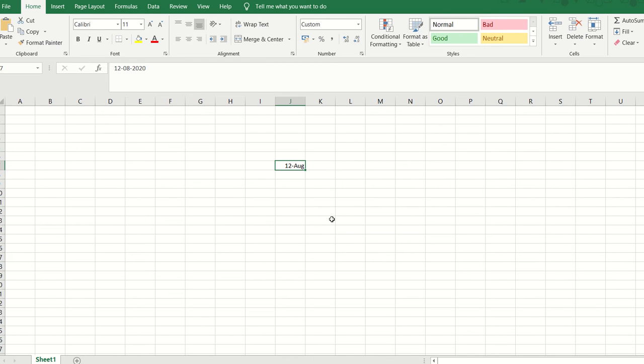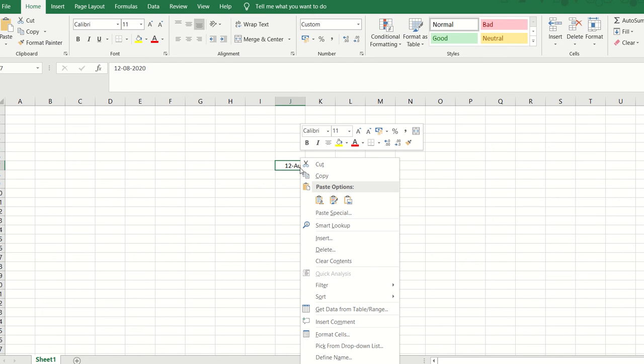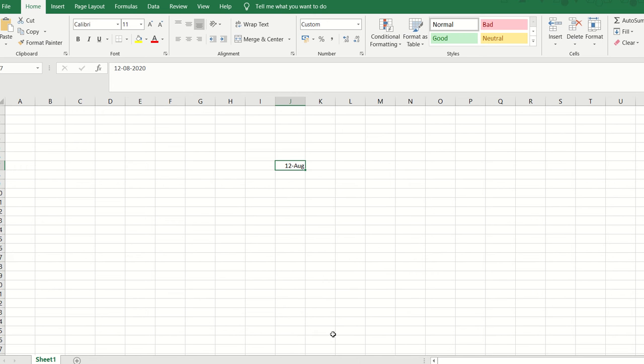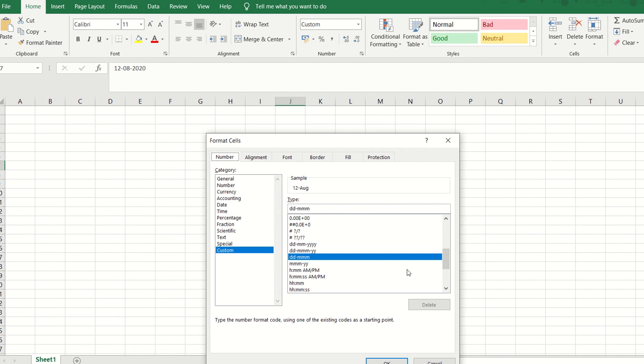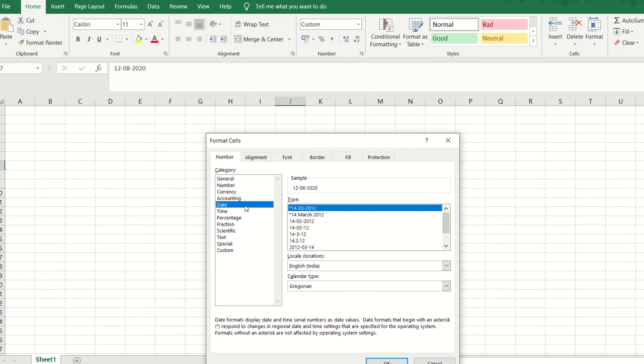Now there are multiple ways, people, available in Excel, but let me take you through how you can format this date if you want to. When the date is written in an Excel sheet, you need to right click on it, and then go to the format cells option available. Once you click on format cells, you will be selecting the date option as you see it over here.